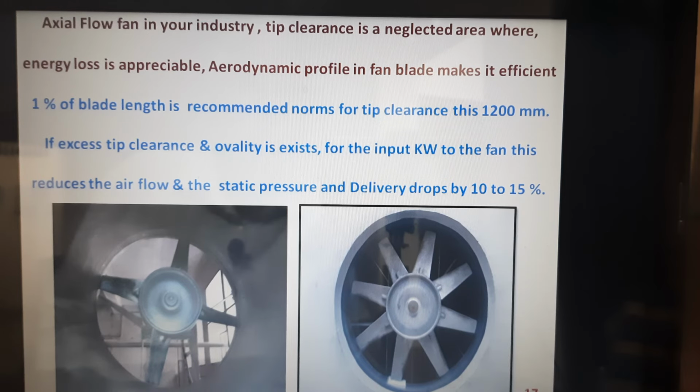Normally, let us say around 500 mm is the hub, around 700 mm is the total blade length, and around 350 is the individual blade length. So the tip clearance should be less than 1%, around 4 mm is the allowable tip clearance normally maintained by any of the best managed, best operated industry. Once the tip clearance goes more than 1%, definitely the flow and the static pressure losses are more,